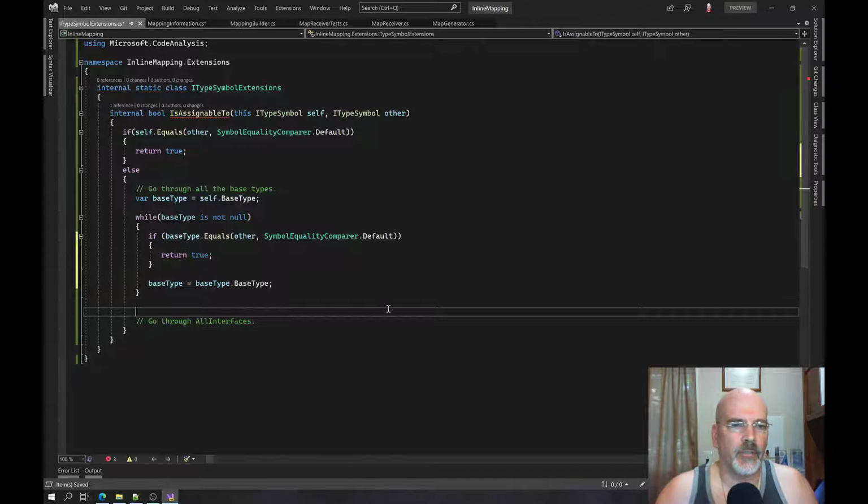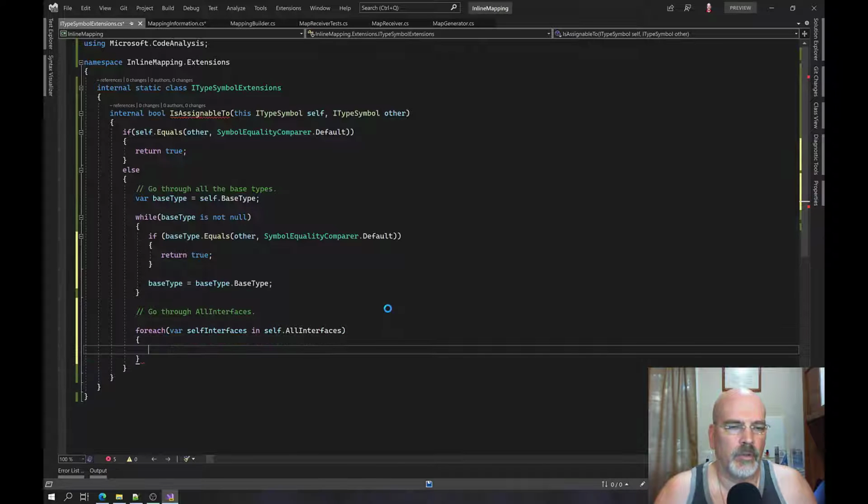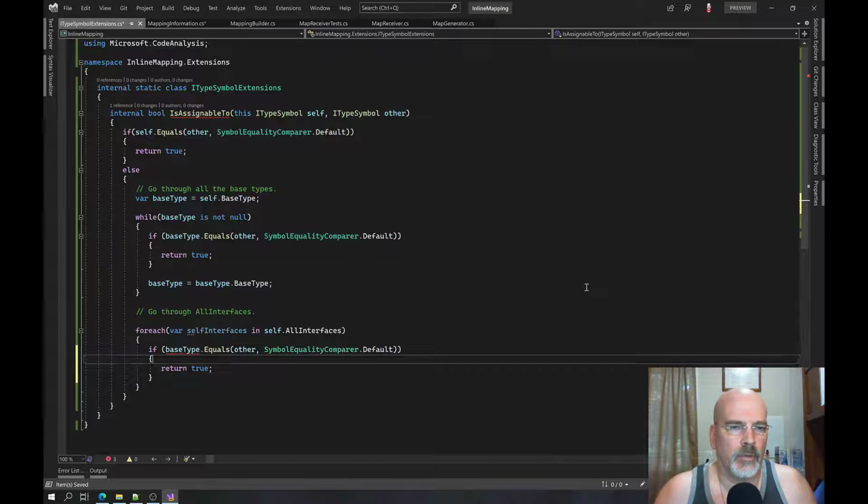So if we didn't find any of the base types, now we say foreach var self interfaces is equal in, except we want all interfaces. So this gets us everything. Okay. And now here what we want to say is this. If a self interface